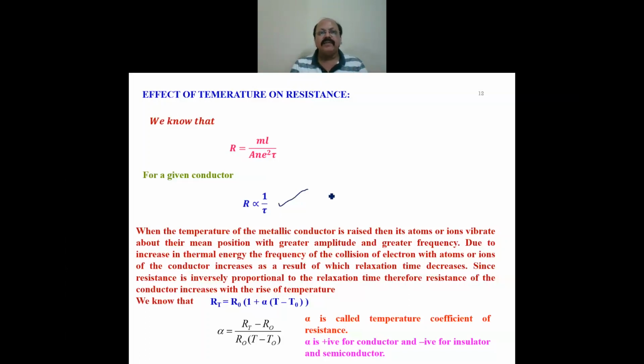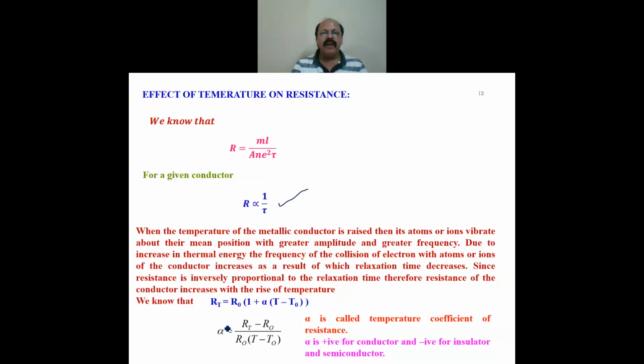What effect takes place on the resistance if the temperature of the conductor increases? So resistance also increases. By another formula, we know that R_T equal to R naught within bracket 1 plus alpha (T minus T naught). Rearrange this formula, then alpha equal to (R_T minus R naught) upon R naught (T minus T naught), where R_T is the resistance at temperature T, R naught is initial resistance, that is at temperature 0 degree Celsius, and alpha is the temperature coefficient of resistance.